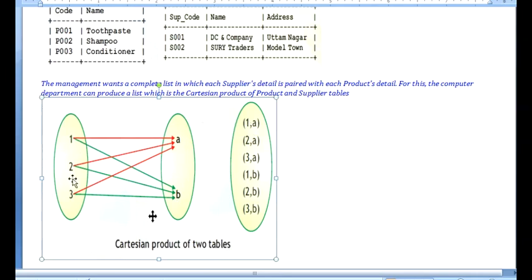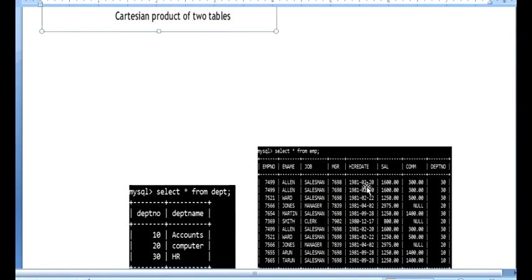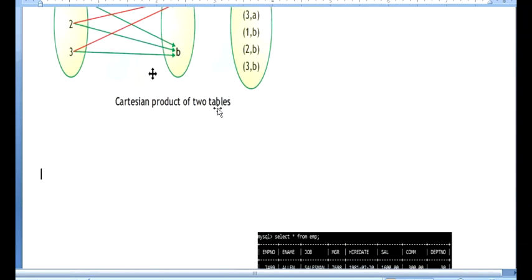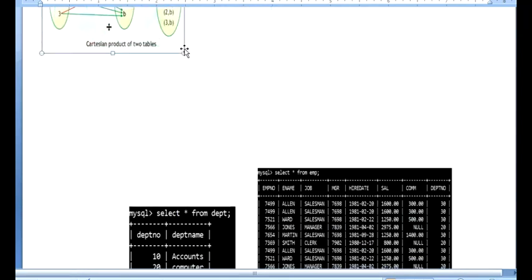The same way 2 is joined with A, and 2 is joined with B. So 2 records for the same row of the first table. The same with 3. This is how a Cartesian product is implemented. When we want such kind of data, we can use this concept. But think if the same thing is implemented on our EMP and department table. Suppose this is the table.